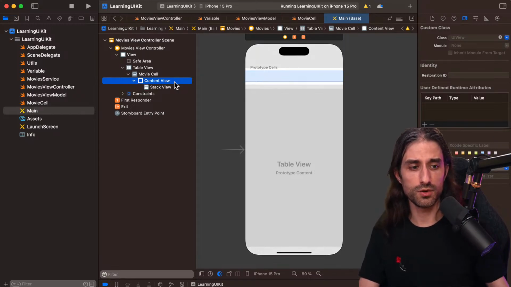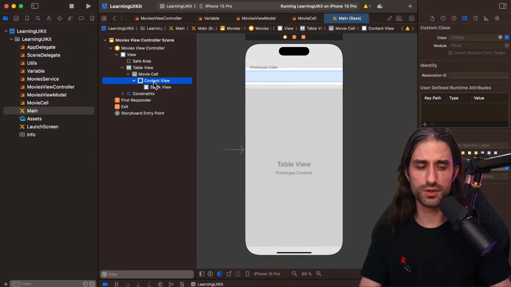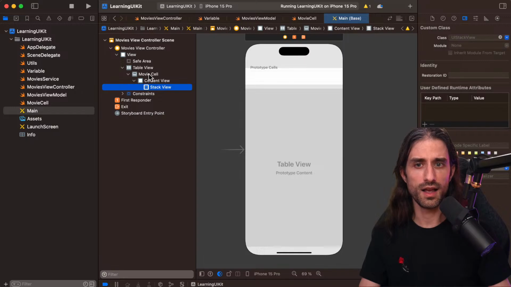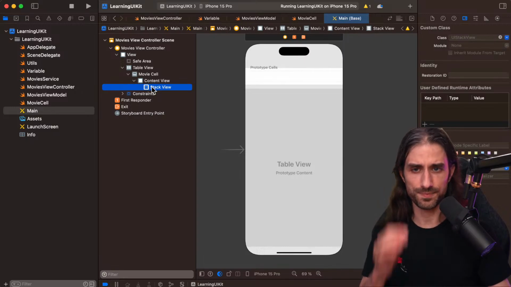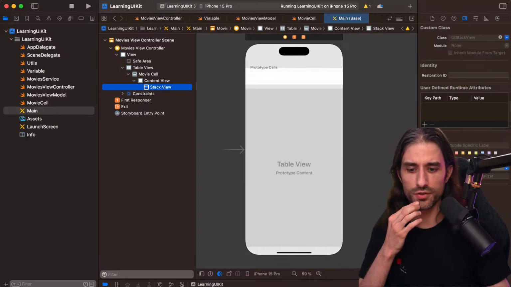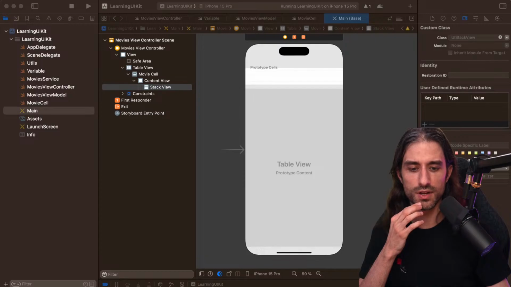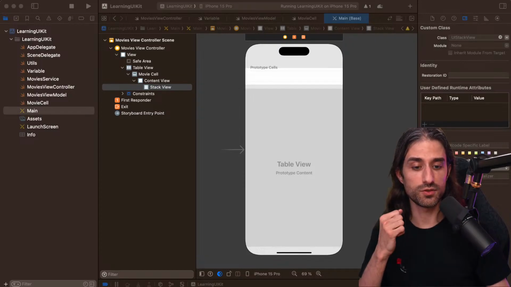By putting your content into the content view, you leave a bit of room to the table view to handle the different states properly. So it's very important that you add your own content into the content view of the cell and not into the cell directly.